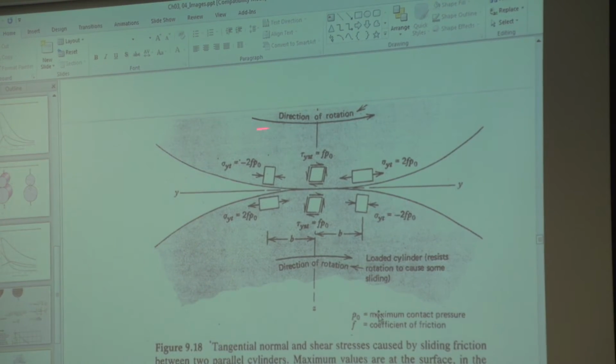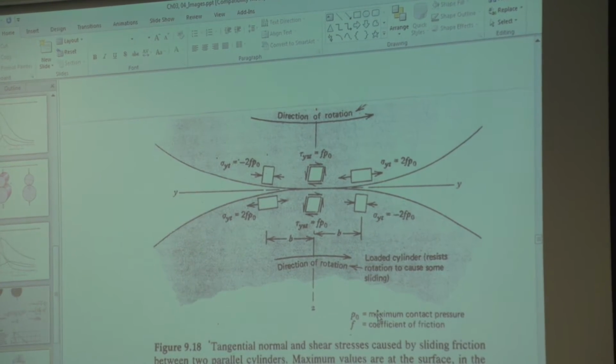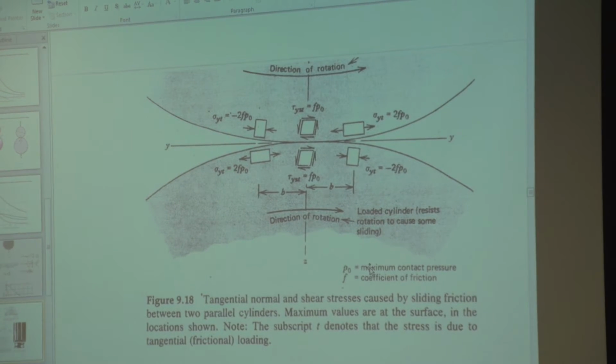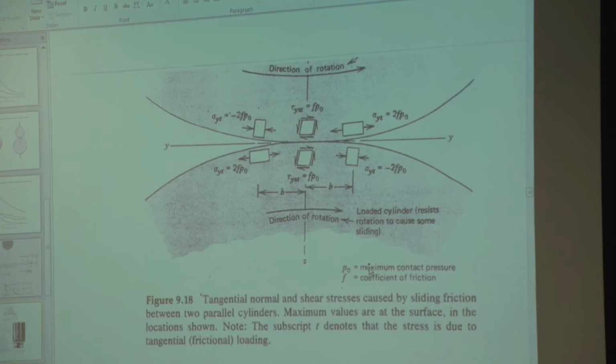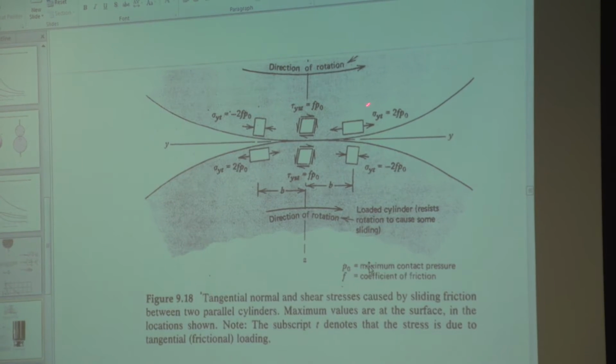Assume that's the driver, two parts in contact. Friction, you guys know about friction drives, right? Two parts, that one runs against the other via friction, rotates the other one. This is the driver, and that's the driven. Now, as this is rotating in this direction, trying to drive this other part,